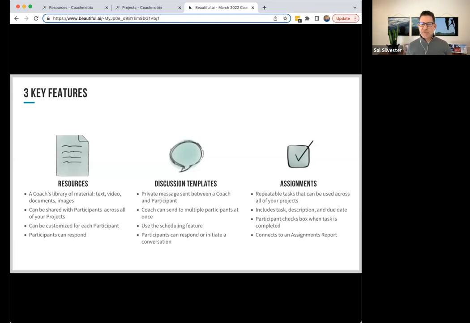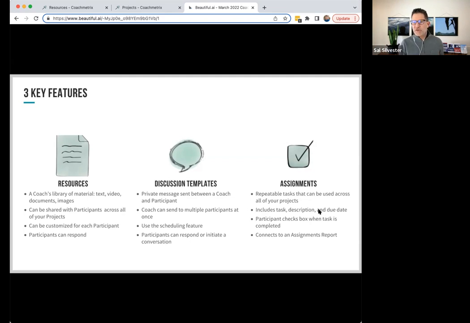There's also a scheduling feature. I'm going on spring break next week, as an example. I sent out a reminder message to a leadership development cohort. There's one going out on Monday, and then one going out the following Monday. So you can use that scheduling feature to set up those discussions in advance. The discussion template is a tool that allows you to build a template once and then pull it into a discussion at any point in time later on. So we're going to build a template here shortly.